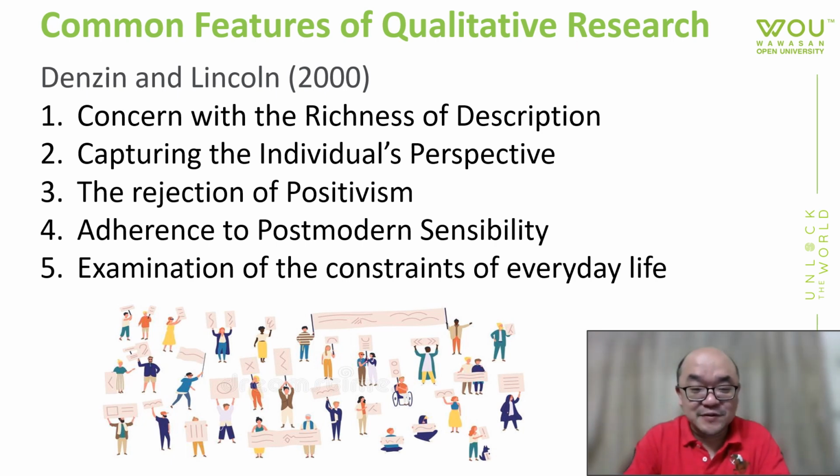Although quantitative research will tell you that it allows us to control particular occurrences. So let's say that if I am able to find out what makes a student happy about Wawasan Open University, then I will be able to reproduce it. I will be able to make sure that all students are happy about it. But according to qualitative researchers, there's no point, given that different people might be happy about Wawasan for different reasons, and given that there are so many things in the human experience, you are unable to cover everything objectively or boil it down into several factors.